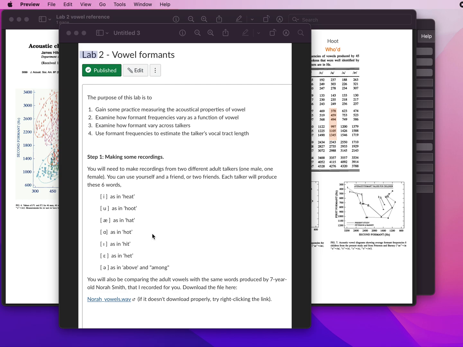In this assignment, the first step, and I'm going to assume that you've done this already, but you need to make these recordings first. First step is to make some recordings, and what we're doing is getting two different adult talkers, one male and one female, to produce these 7 vowels in the context of these words. So you're going to get a male talker, female talker, and you can be one of those talkers if you want. Use yourself and a friend, and you are going to say the word heat, hoot, hat, hot, hit, het,